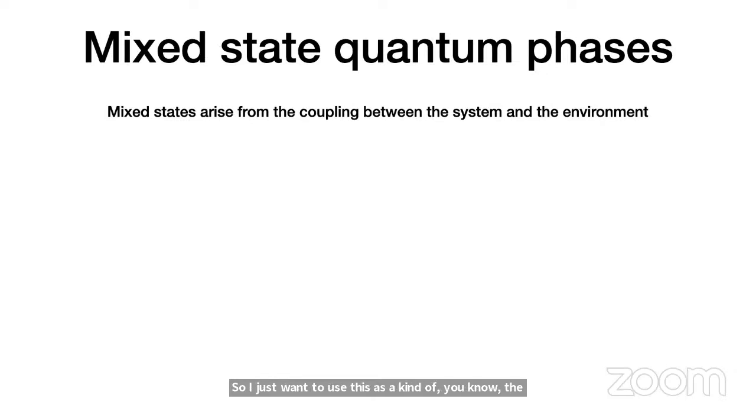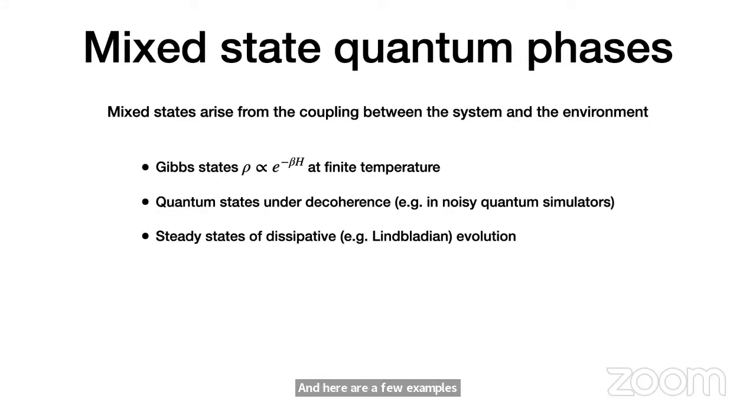We know in quantum mechanics we have pure states and mixed states, and in general you have mixed states because whatever system we are studying is unavoidably coupled to the environment. If you trace out the environment, then the system is in a mixed state. So it's ubiquitous. Here are a few examples of mixed states which we encounter quite often. Obviously the most familiar ones are the Gibbs states, the thermal states of a Hamiltonian at finite temperature.